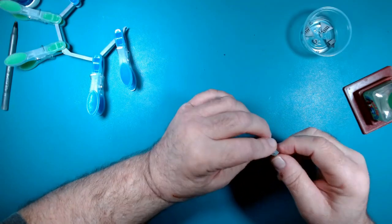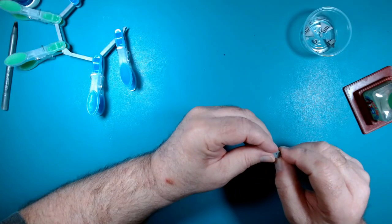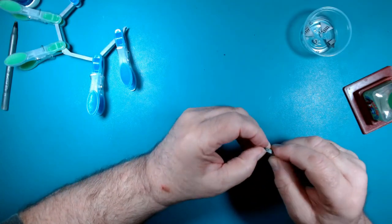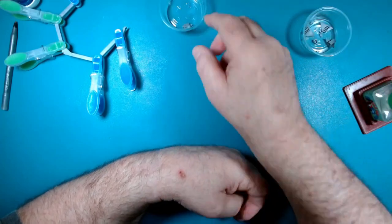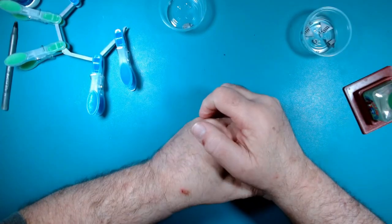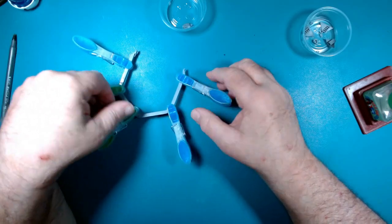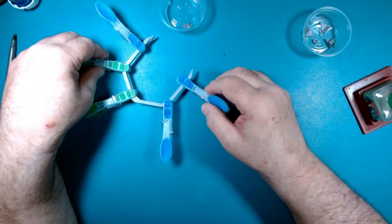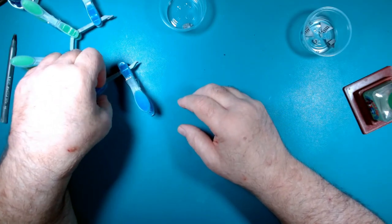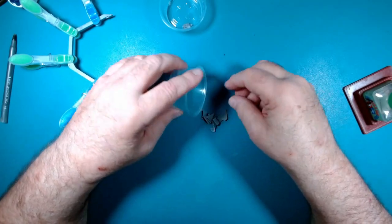Alright, I'm going to go ahead and just let this set up. I've got some seams that I'm going to need to sand and clean up a little later, but that's alright. Okay, this glue's still got a ways to go. I think I'm going to go ahead and, let's see, what can I do here? I was going to shut the camera off for a little bit, but